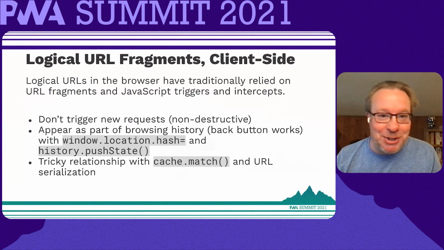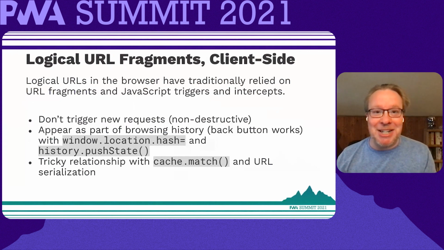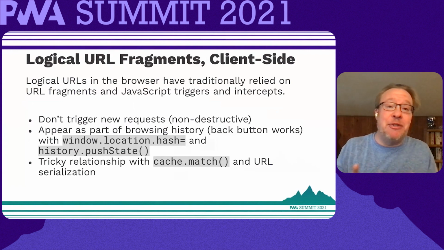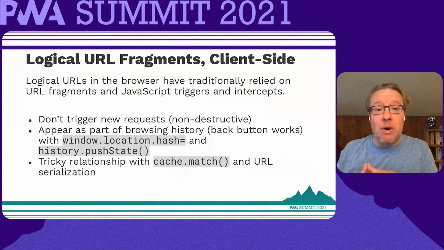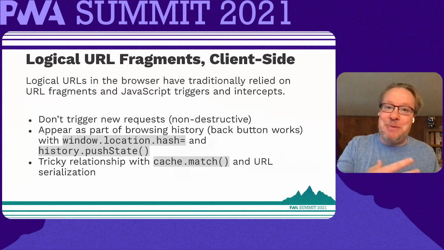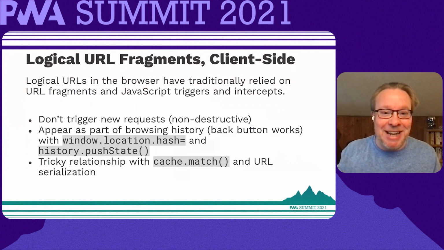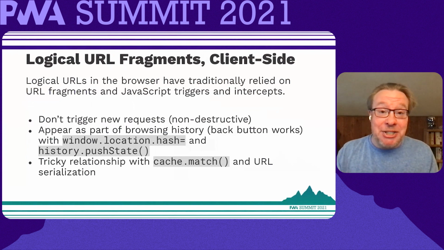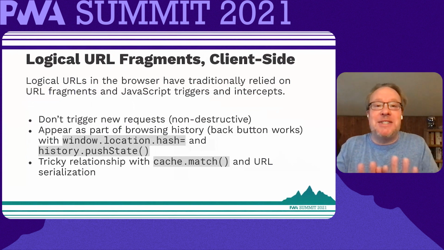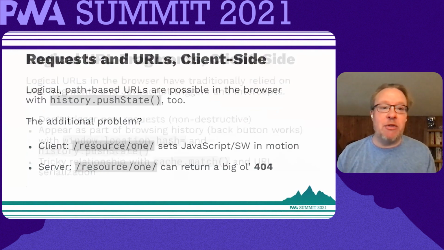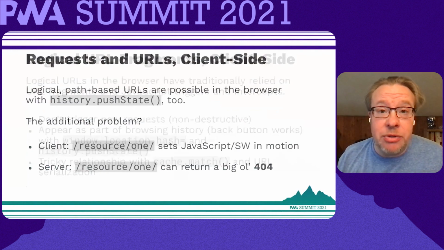And of course, if you've done any research at all about URL serialization and the caches API and the service worker spec in the last 5 or 6 years, there are different implementations out there in terms of how URL fragments are handled when matching against the cache. In the spec now, they're supposed to be counted, but they don't necessarily get passed on to the network. You can use a URL serialization flag to disallow matching the fragment on the cache, but for us, it's like, well, we either have to build in a whole bunch of logic or take a different move. And what we want to do is actually move away from the URL fragments and think instead about logical URLs